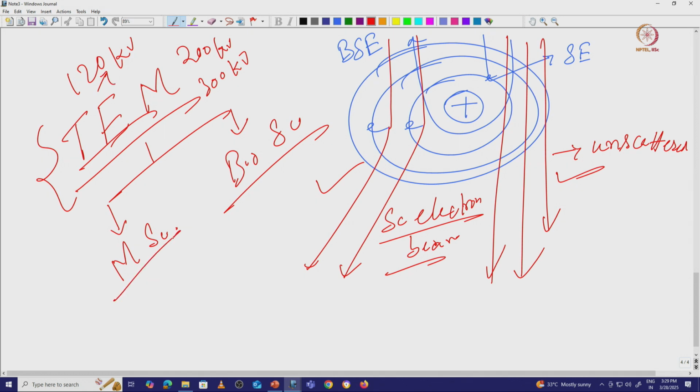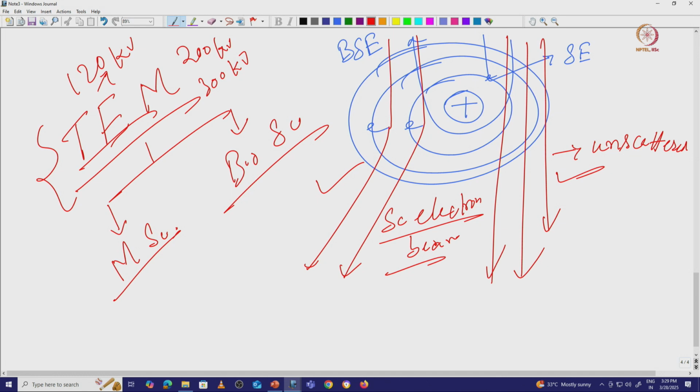So in material science samples, most of the time we are using very heavy atoms, and those are not very soft materials, so they are not damaged by the electron beam. So we can use a huge amount of electron dose, and that huge electron dose will give us a very good signal, very good contrast.